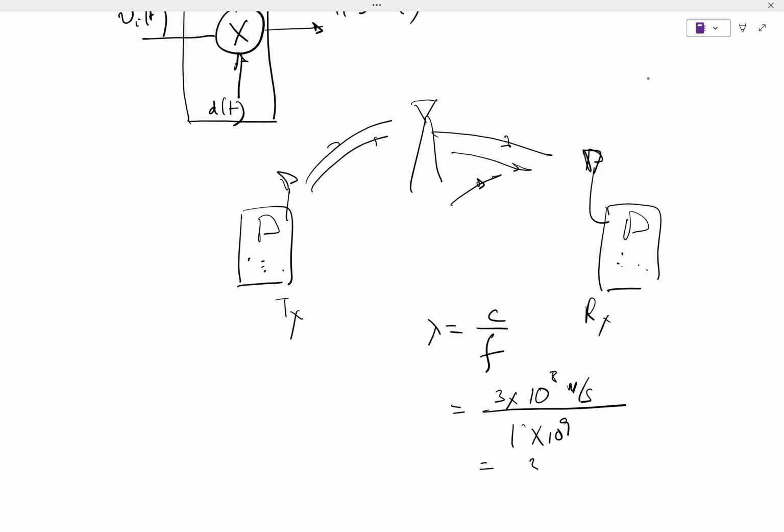So this is 3 times 10 to the power minus 1 meter, which means this is 0.3 meter. You can see this is already small or large, depending on the size of the antenna